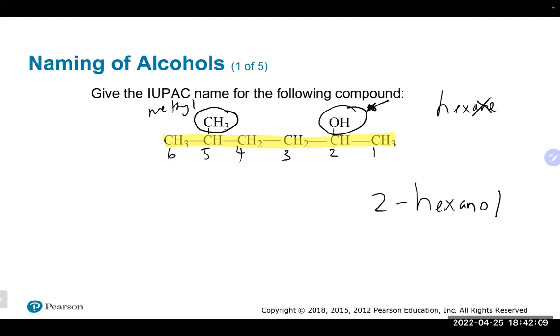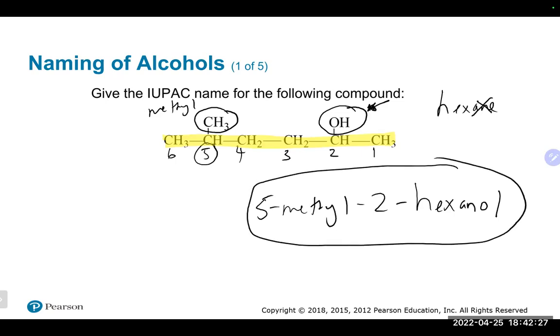Because I locked into numbering right to left, that means my methyl group now ends up at carbon number 5. So you can't change the numbering, you have to keep the numbering. And again, here we want to number whichever way gives the OH group the smaller number. So we end up with 5-methyl-2-hexanol. Again, hexanol, 6 carbons with an OH group. 2-hexanol means the OH group is at carbon number 2 in that chain. And at carbon number 5, you find a methyl group that's located there. Any questions on that name there?